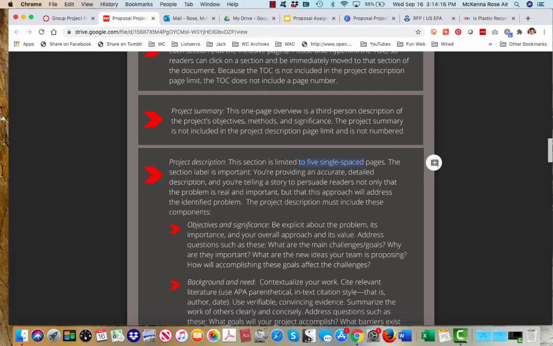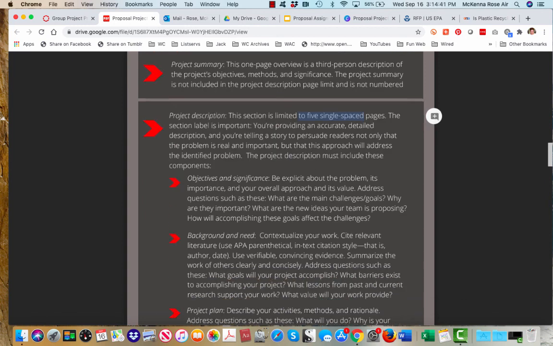Keeping in mind that what you're trying to do is provide an accurate description of the project. You're telling a story that, it's not narrative, but you have a problem, and then the context or constraints that keep you from solving the problem, and then you, like a hero, are going to vanquish these constraints and solve the problem.